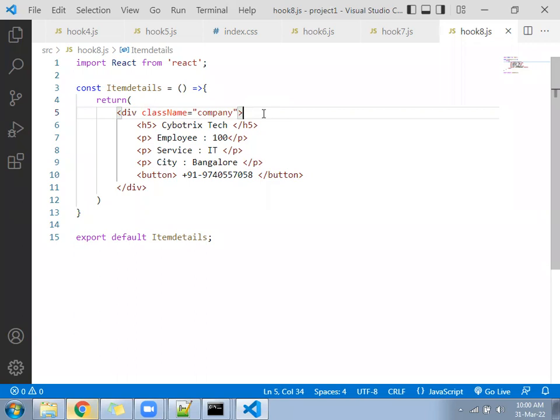Hook 8 will be a part of hook 7. Hook 8 we are going to call under hook 7. So let's come to hook 7 now. Once you get ready, let me know in the chat.